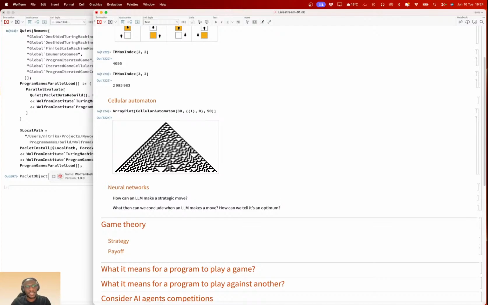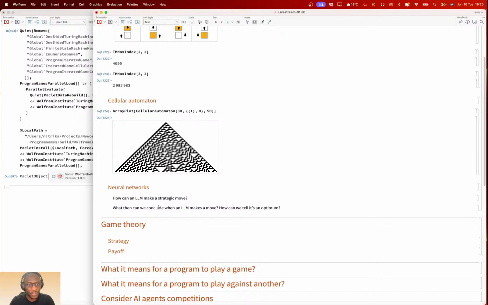Then an optimum strategy for an LLM is about how simple or how easy it is, or how much energy the LLM uses to produce an optimum strategy, right?